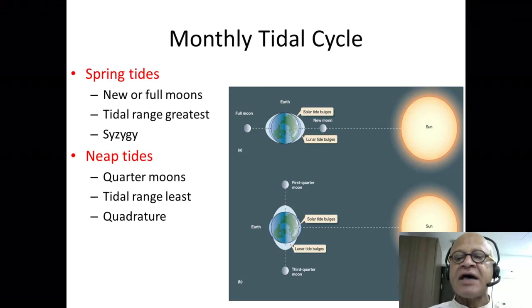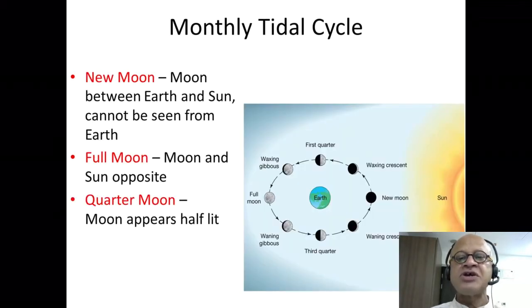And neap tides are when the lunar and solar tidal forcings are in quadrature. So you get the lowest tidal range on a monthly tidal cycle, right? At the first quarter and third quarter moon, you get neap tides because the sun and the moon are in quadrature, and you get spring tides during the other times. So here, look at the